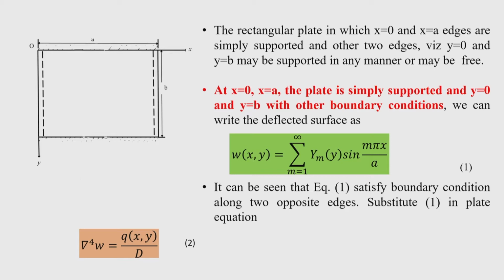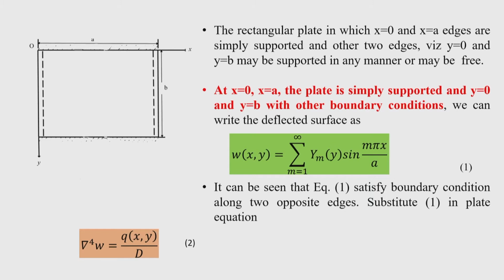and capital D is flexural rigidity of the plate. What is the flexural rigidity of the plate? Flexural rigidity of the plate is nothing but E h cube divided by 12 into 1 minus mu square, where E is the Young's modulus of elasticity, h is the thickness of the plate, and mu is the Poisson ratio. Now, one thing here can be noted, that while solving the differential equation we have taken the uniform thickness of the plate. So, therefore, D is not variable in x and y. So, that is the characteristics of this differential equation. When D is variable, then plate equation will be complicated, and different techniques have to be used.